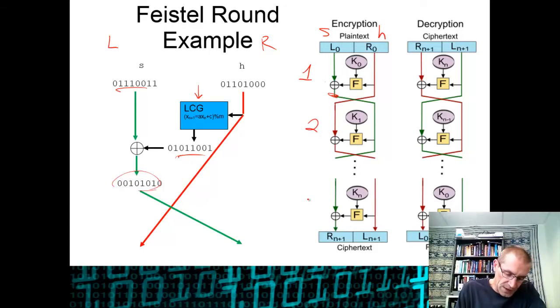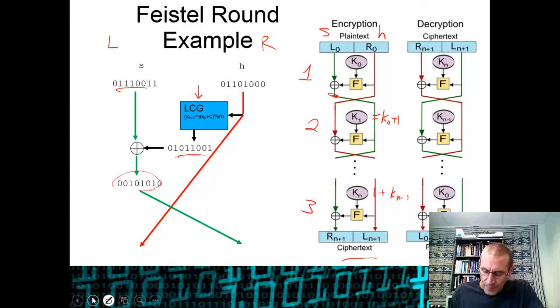So the homework specifies that we do our 3 Feistel rounds, and then we output our cipher text. The value key naught, the user inputs. So you'll see in the example, the user inputs the plain text and the value of k. And then each one, k1, is simply k naught plus 1. K to the n is just 1 plus k to the n minus 1. So you just add 1 to the key value every time. We start out with a key value of 12. This one would be 13. The next one would be 14. So it's fairly simple. In reality, keys are done a little differently, but we won't worry about that detail in